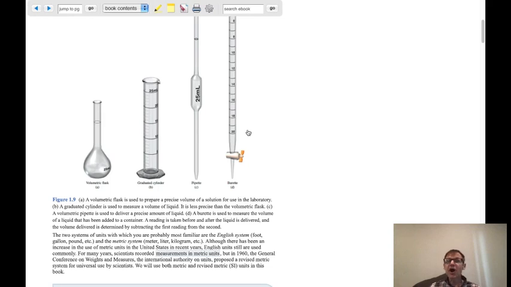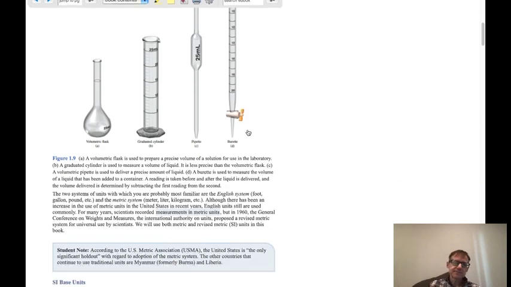These are some common pieces of instrumentation that we use in the laboratory. These are measurement devices. They're all glass or plastic. One's called a volumetric flask. Next to that's called a graduated cylinder. The next one is called a pipette. And the last one's called a burette. So these are ways to measure volumes of liquids. These are designed to measure. So just like a measuring cup in the kitchen, this is a device we would use to measure a certain